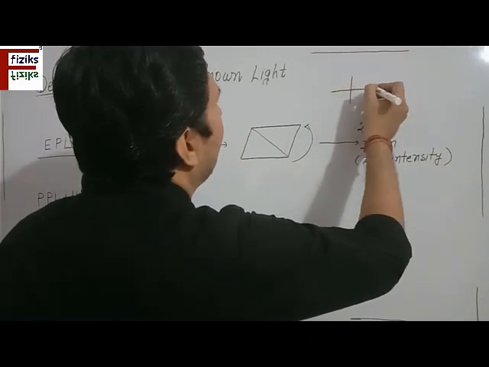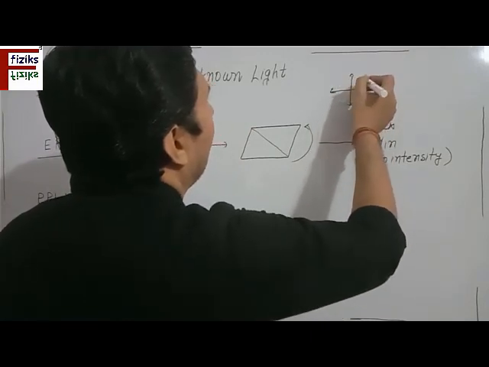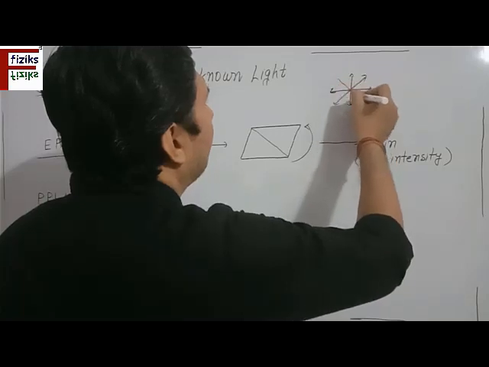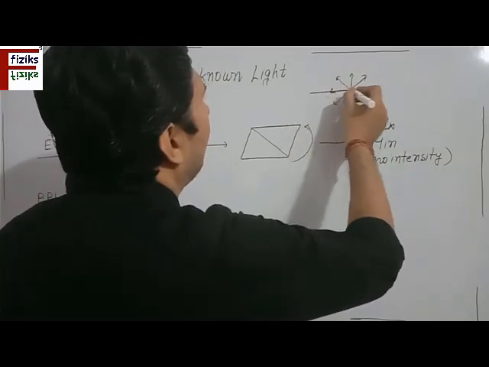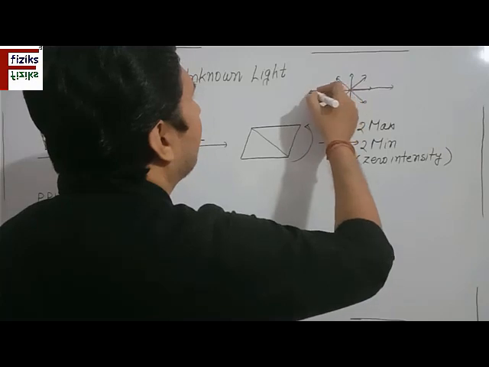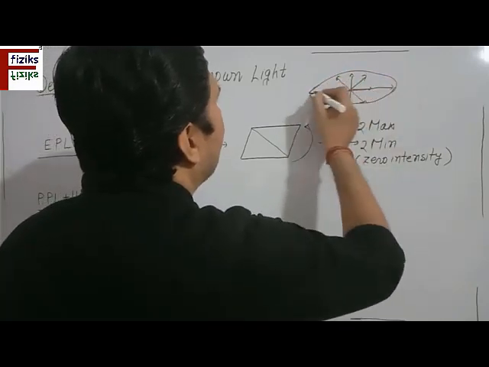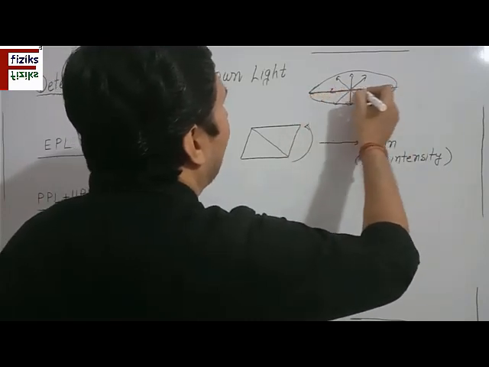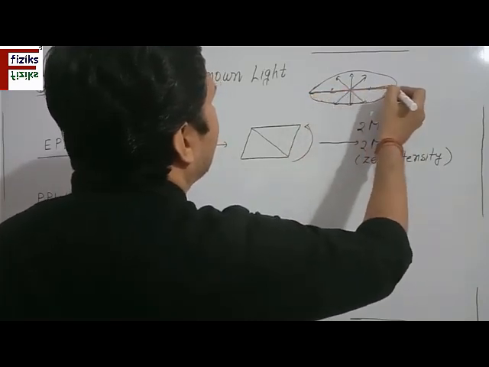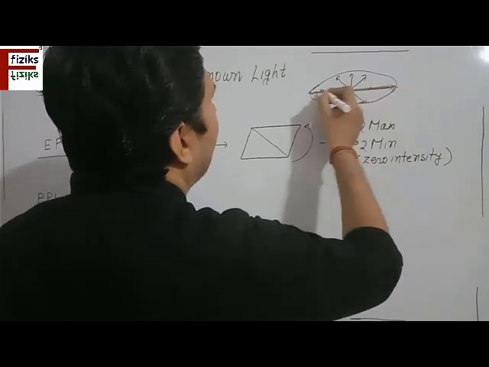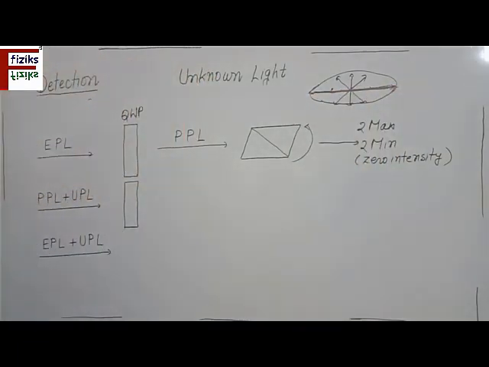Suppose this is unpolarized light and a plane polarized light is mixed with this. Suppose the plane polarized light has its electric vector in this direction, so we have this type of situation. This is the major axis of this partially polarized light, and this is also the direction of the electric vector of the plane polarized light. So when this plane polarized light is incident on this, the electric vector of this plane polarized light will be parallel